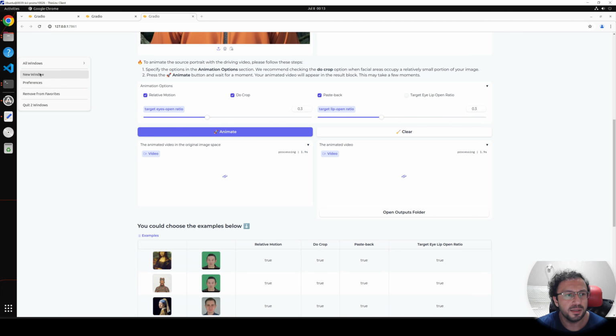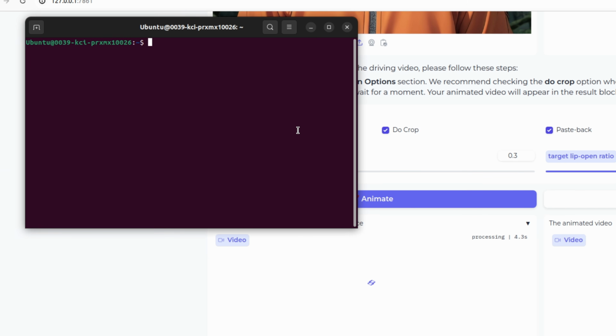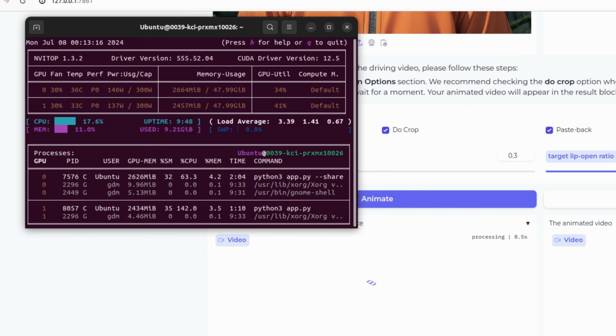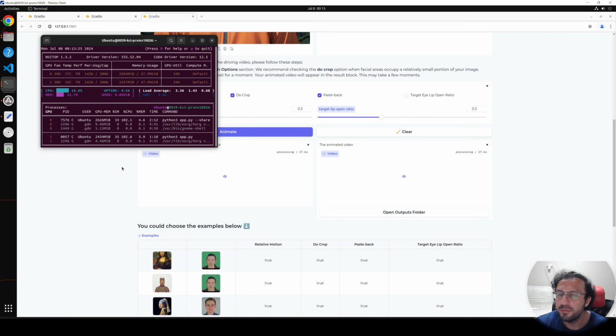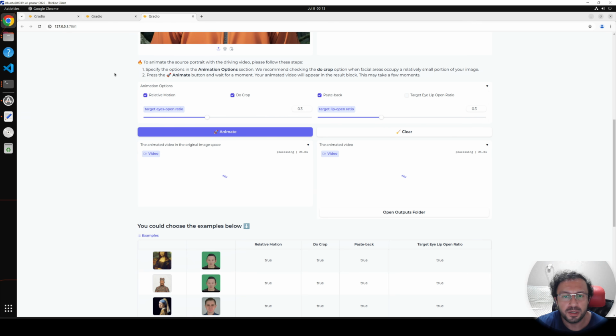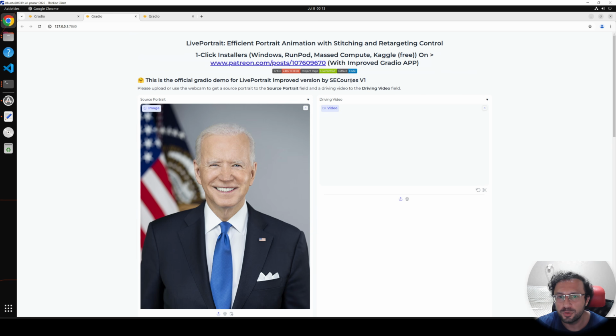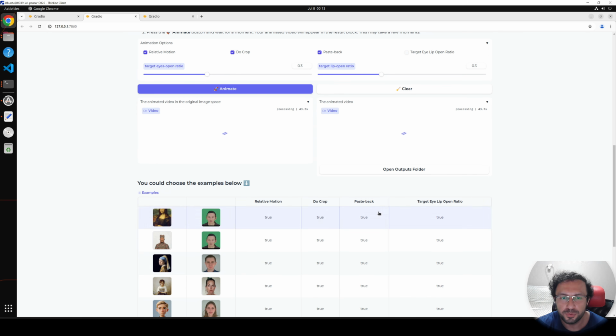We can start a new terminal window and type the nvitop command like this, and we can watch the status of the GPUs. You see both of the GPUs are being used and it is using around 3 gigabytes VRAM right now. So if you have a decent GPU, you can use this on your computer as well, but it is already super fast and super cheap on Massed Compute, so it should be done in a moment.